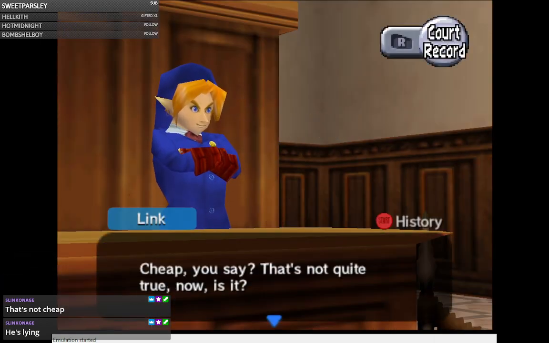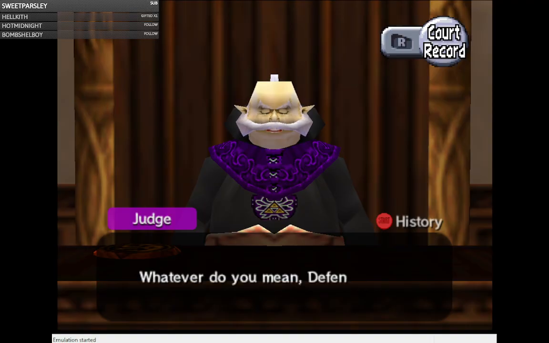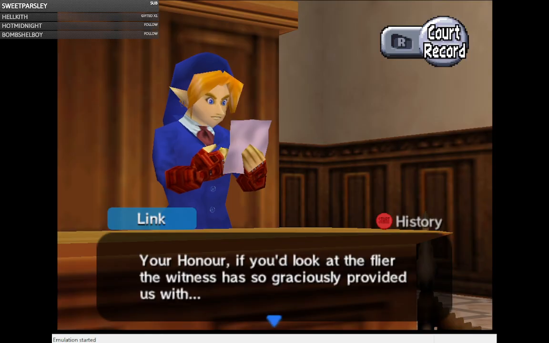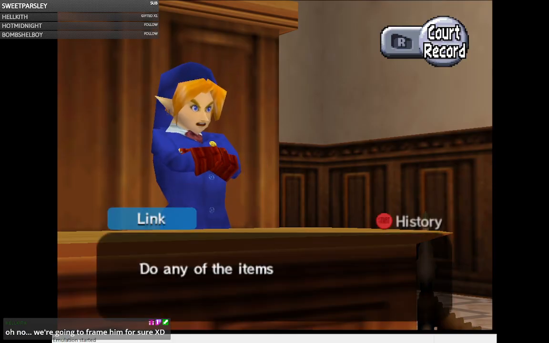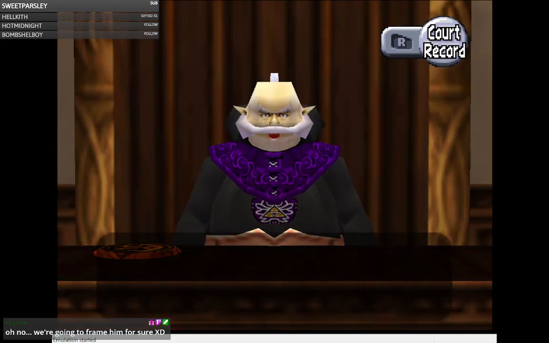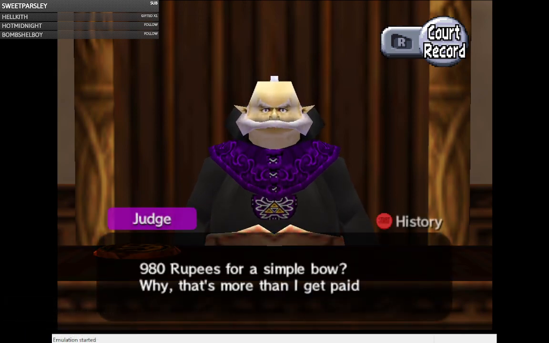Cheap, you say? That's not quite true now, is it? Whatever do you mean, defense? Your Honor, if you look at the flyer the witness so graciously provided for us. Oh no, we're gonna frame him for sure. Do any of the items in here seem like a bargain to you? Well, let's see. Goodness gracious! 980 rupees for a simple bow? Why, that's more than I get paid in...